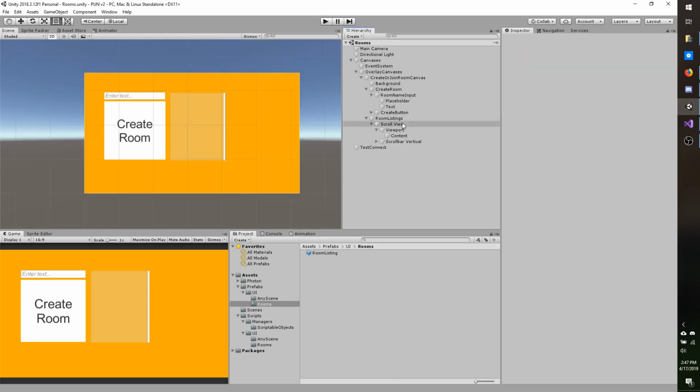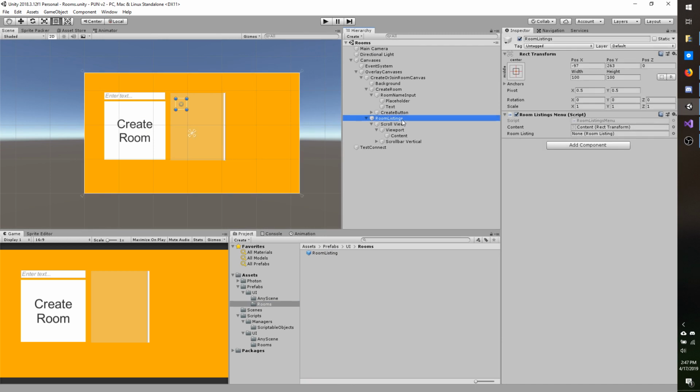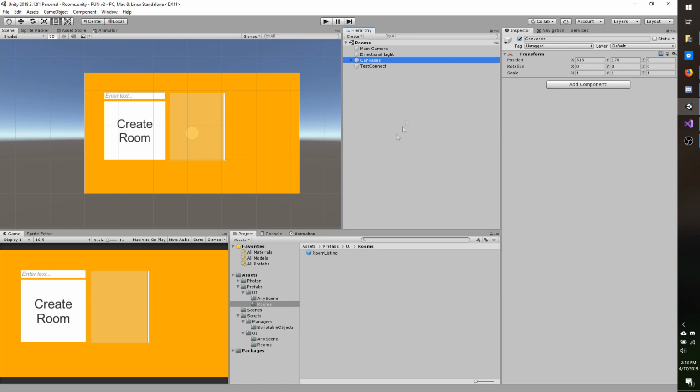Now I need to go to my room listings canvas, and you can see I don't have the prefab set yet. So I'm going to drag in room listing under my project folder into that field there, and then save my scene. And I'm ready to do a test build, but